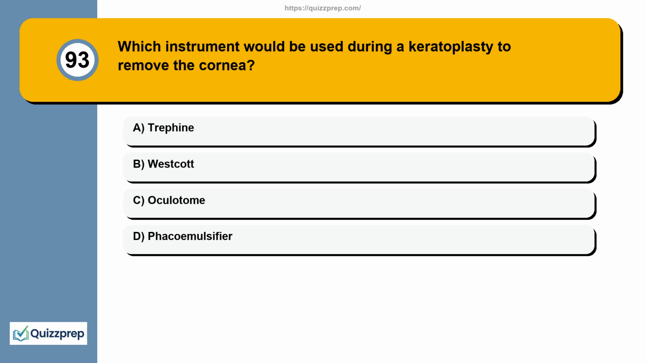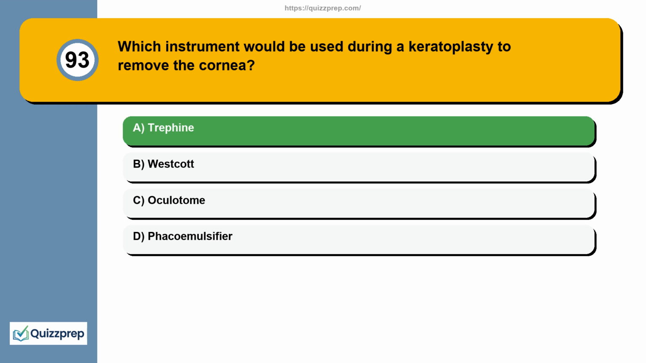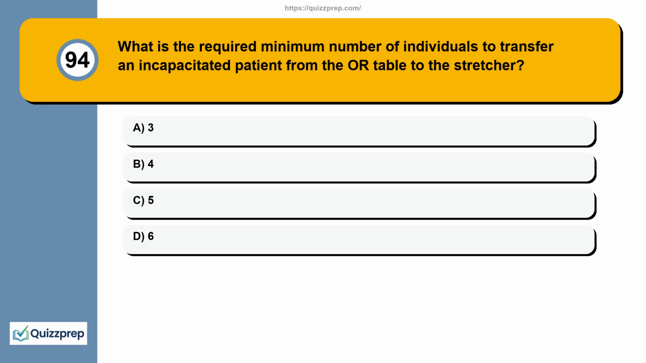Option A, trephine. Option B, Westcott. Option C, oculotome. Option D, phacoemulsifier. The correct answer is option A, trephine. Question 94. What is the required minimum number of individuals to transfer an incapacitated patient from the OR table